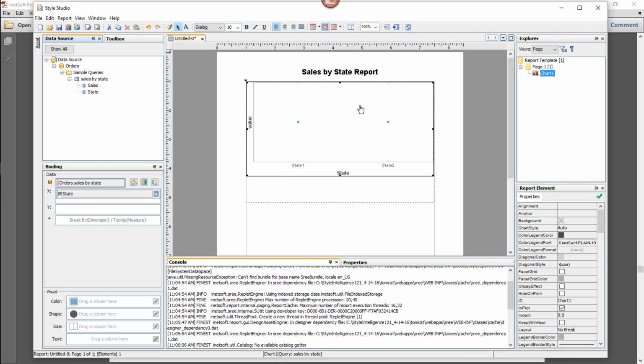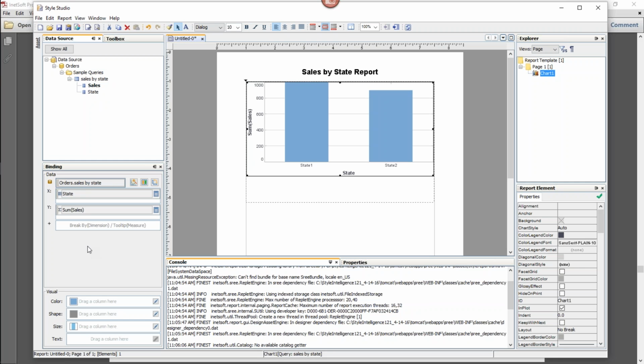So although reports are more flexible than dashboards in the sense that any given element can be based on its own data source, the chart itself is still based on just a single data source, which in this case is the sales by state query. So I'll put state on the x-axis, sales on the y-axis, and that's basically it.